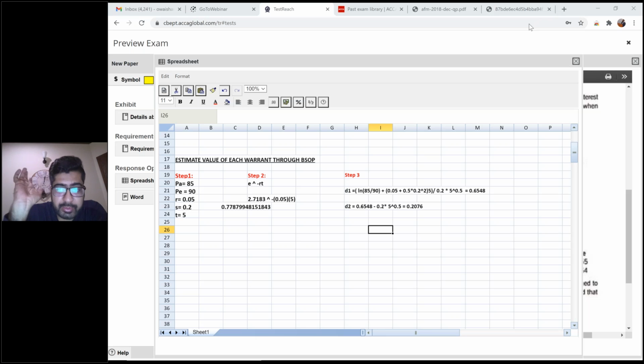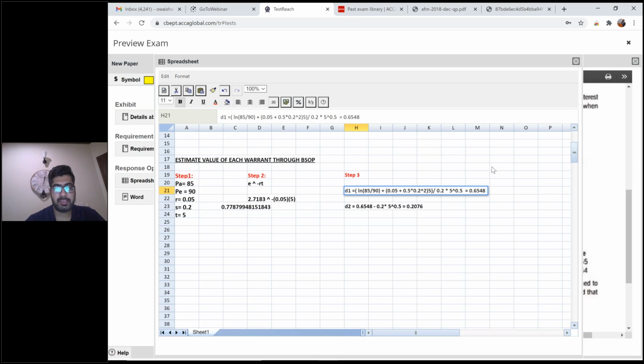Now one thing I'm telling you, which would be helpful for you: once you do step 1, find PA, PE, R, S, T, step 2, e to the power minus RT, then step 3, D1, D2. When you find D1 and D2, remember that the value of D1 and D2 must be restricted to 2 decimal places only. So this 0.6548 should be restricted to 0.65. Why, you will know shortly. And this D2 value 0.2076 must be restricted to 2 decimal places, 0.20 or 0.21, round it off, it's your choice. So restrict the value of D1 and D2 to 2 decimal places, and after that move towards the fourth step,